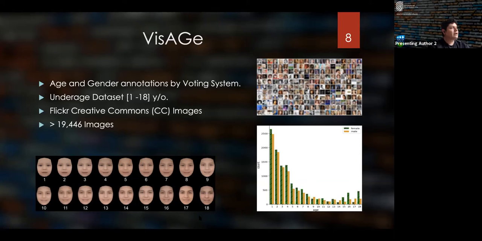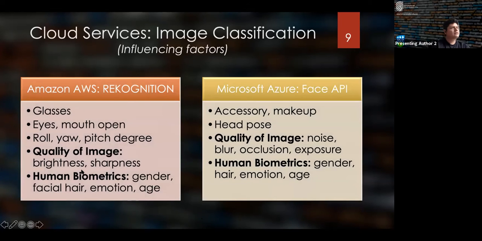And this can vary whether we are assessing someone of our own age, so the performance can improve. This is more or less how our data set looks like, and following to the next slide, the cloud services used, AWS and Microsoft Azure, we were able to obtain certain attributes such as glasses, eyes, the mouth, accessories,